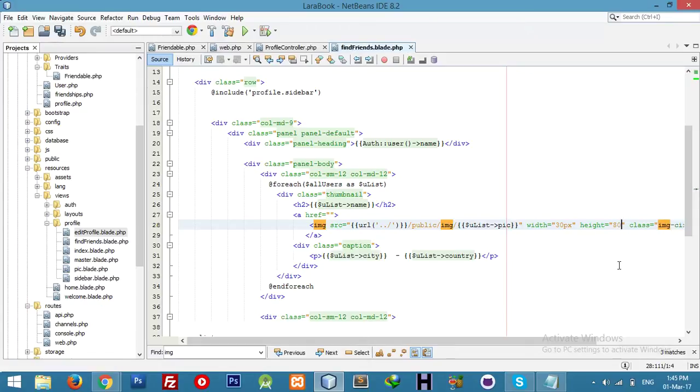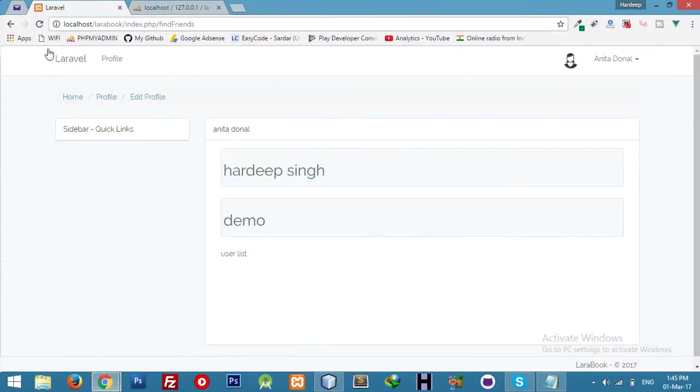Okay, and 80 pixel for height, 80 pixel for width. Okay,